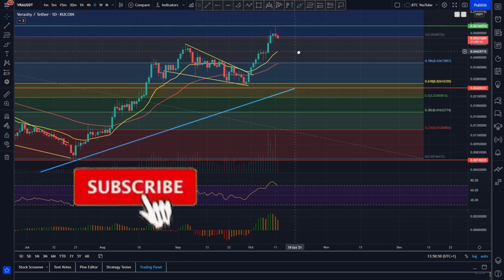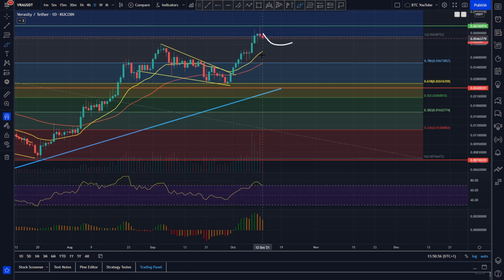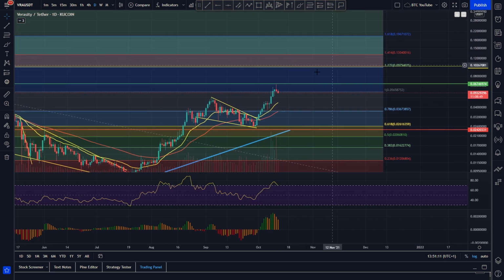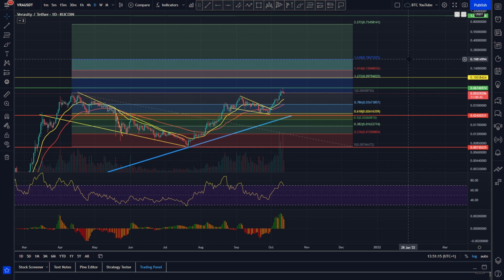So, short-term price predictions, keeping things short and sweet. We'd say realistically, if we do start to roll over here, we've got that 5 cent support there. And if we roll down a bit further than that, if we have a big correction in the market, we could come down to around 4 cents, back down to the 55 moving average for the bounce. And if we do start to pick up here, obviously the all-time high at 6.7 cents is the next target, and then 10 cents and beyond into our fib targets. And as we've always said, we do think 50 cents to $1 for Verasity is probably quite realistic, especially considering how small the market cap is.